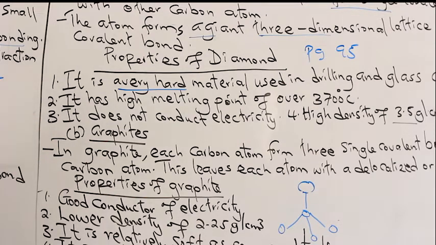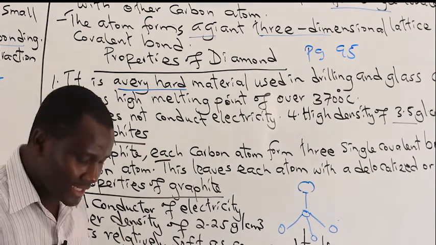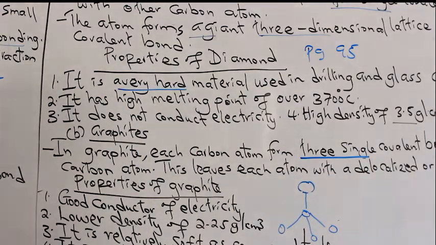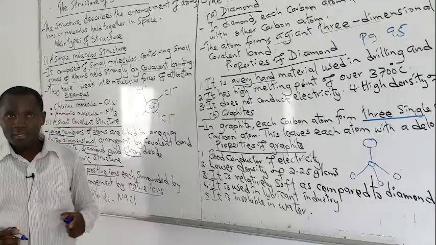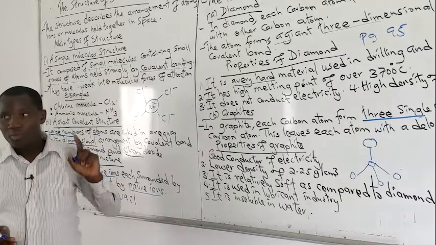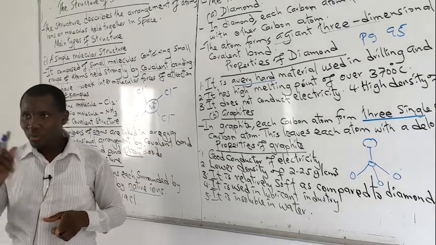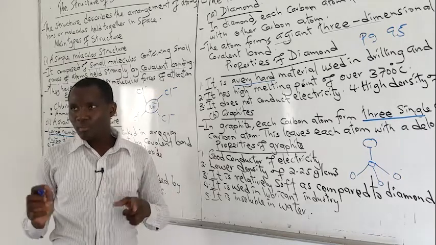Let's look at graphite. Graphite is another allotrope of carbon. Under graphite, we'll be looking at some unique comparison between diamond and graphite. Let's start with the definition. We say in graphite, each carbon atom forms three single covalent bonds to other carbon atoms. So remember, in diamond, we were forming 4. In graphite now we form 3,